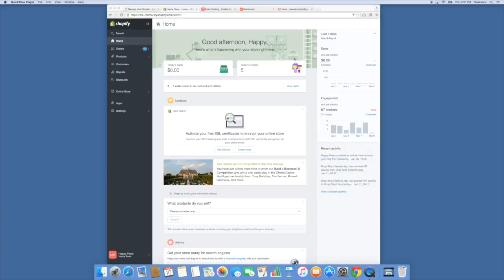So to start, if you bought your domain name through Shopify, you're going to want to email Shopify support and ask them for your Shopify domain name credentials. You could do it through live chat or whatever. Once you have that, they'll email it to you. You'll want to go to